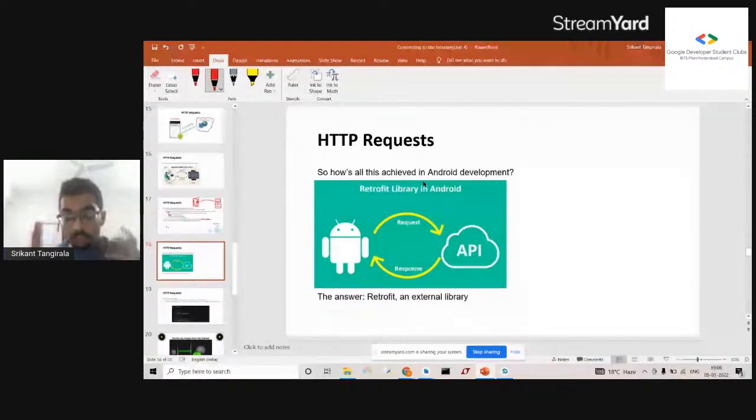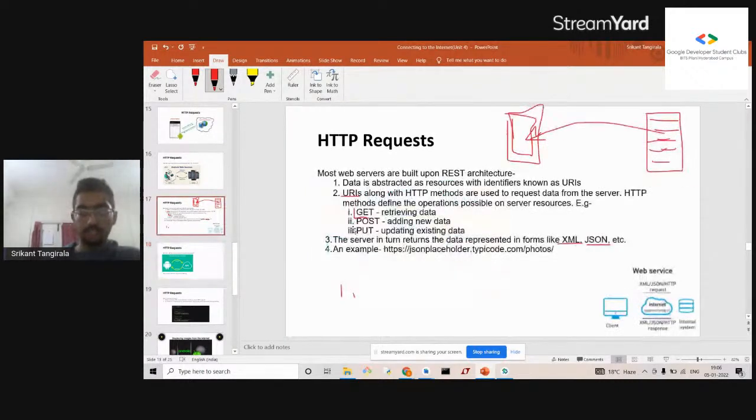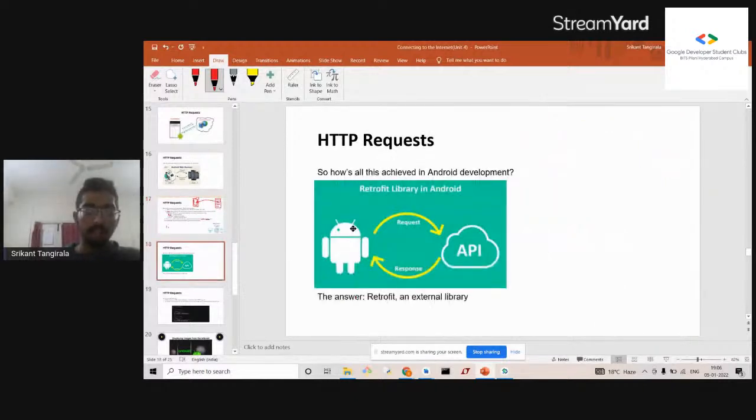So much for this. Now how does Android achieve this? We need an external library for this, which is Retrofit. We're using Retrofit in our case, which does all this hard work for us. It specifies the GET verb and the URI for us. We just need to provide the bare essentials, and all the underlying metal work is performed by the external